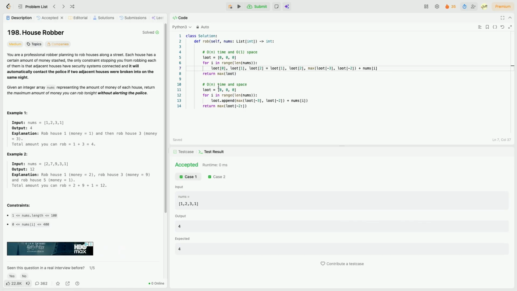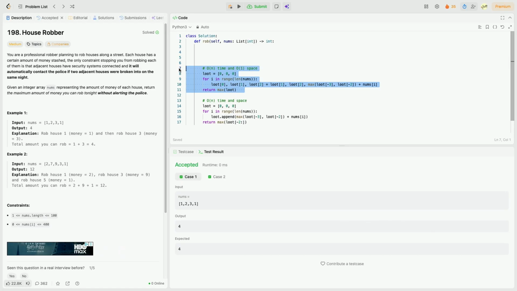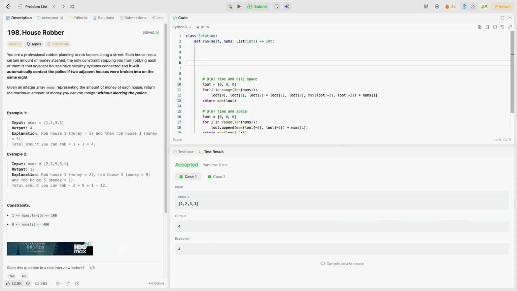So both of these approaches are iterative approaches. They're nice, and I think this one is actually the optimal one, O of n time and O of one space. I'm just going to show you anyways maybe a recursive approach. So a way to do that would be